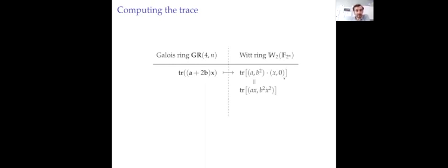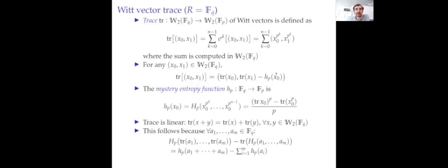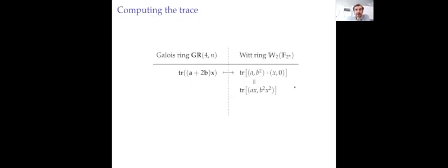Now we can multiply. There's the funny rule for multiplication of these Witt vectors, and we get this. And there's a formula for taking the trace, which is just component-wise taking the trace and subtracting this mystery function computed on the first component. So we can do that. And then we can just use the isomorphism the other way around and go backwards, and then we get an expression. This here is a number modulo 4, so this is a 0 or 1, and this is also 0 or 1, and then this is plus 2. And so this lets you compute this trace purely in terms of finite field elements,